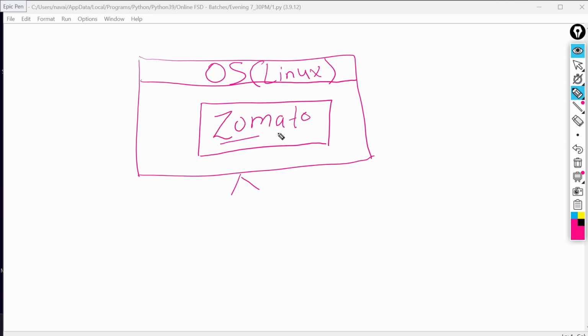I've created one application here on Linux platform, and suppose I have created it using C++. So C++ is what? C++ language or C language is what? Platform dependent. So it means